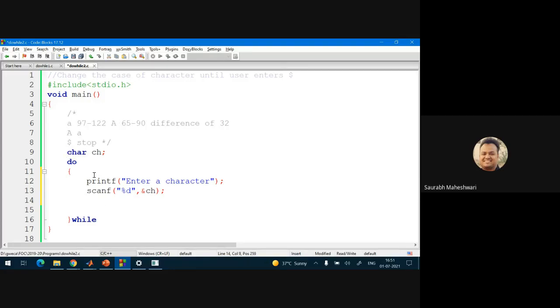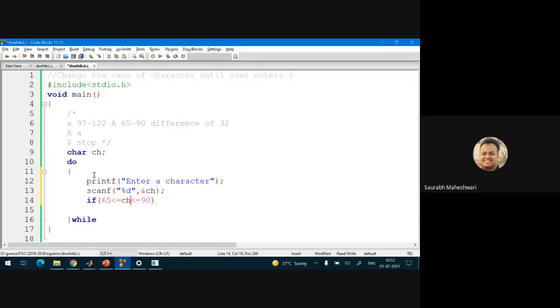So how to check? If ch is greater than... this morning someone asked me a question about this kind of condition, where she wrote like this: ch is greater than 65 and 90. This is not a proper condition to write.